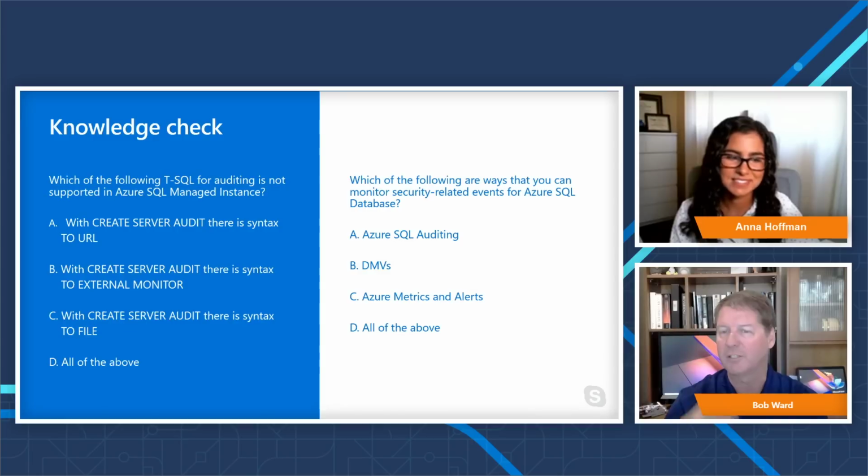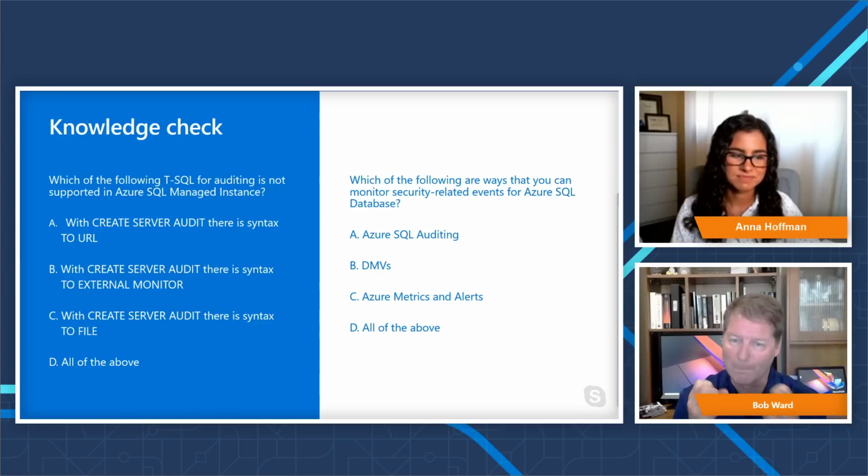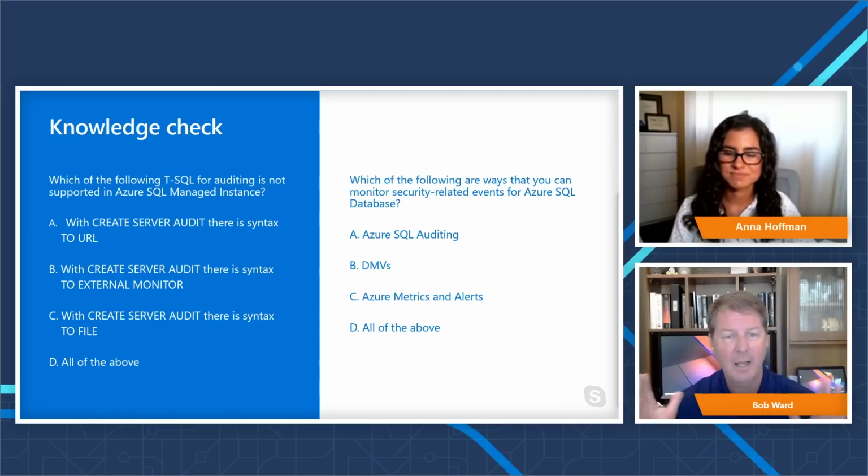We'll start with the second question, right? Because everybody was saying D. So spot on. Azure SQL auditing, remember the DMVs we talked about, like sys.event_log, and then we put those types of numbers of successful connections and firewall metrics into Azure. So with Azure metrics and alerting, you can set up an alert, Anna, to say, hey, if 10 people have failed to connect to my database today, I want to be alerted. Like a bunch of people are trying to connect to my database. Of course, advanced threat protection can even detect some of those scenarios.